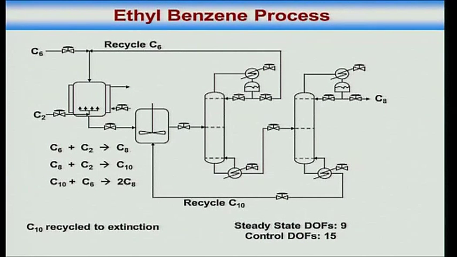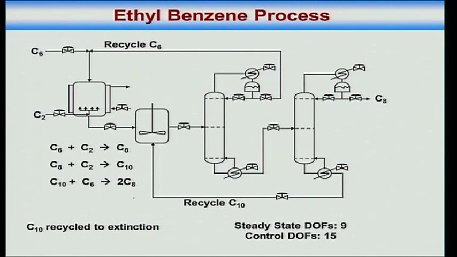So the process is as follows: you are putting in fresh benzene, you are putting in fresh ethylene. Reactors are sized to be large so that all of the ethylene gets converted in the two reactors. Outlet from the reaction section is diethyl benzene, ethyl benzene, benzene; ethylene is all converted. In the recycle column, you recycle the benzene, and ethyl benzene and diethyl benzene go down. The ethyl benzene and diethyl benzene are separated in a product column. Ethyl benzene is taken out the top, diethyl benzene goes down the bottom. This diethyl benzene is recycled to reactor 2.